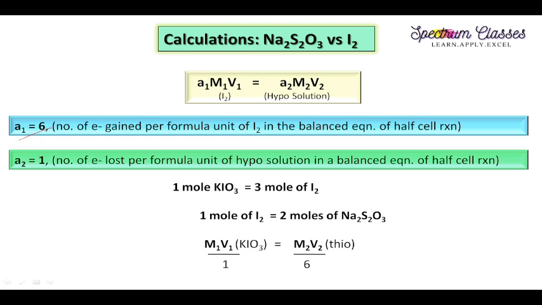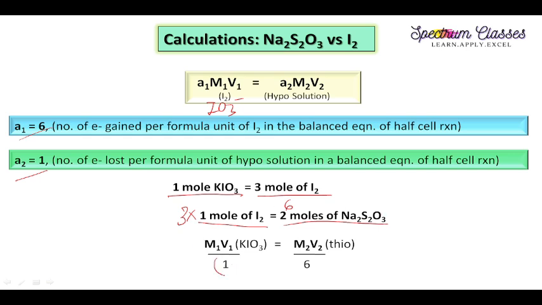So A1 is equal to 6, A2 is 1. If IO3 minus is there, and you are putting 1 mole of KIO3, it produces 3 moles of iodine, and 1 mole of iodine reacts with 2 moles of sodium thiosulfate. So this I3, if I multiply this equation by 3, then I will get 6 moles of this, and similarly